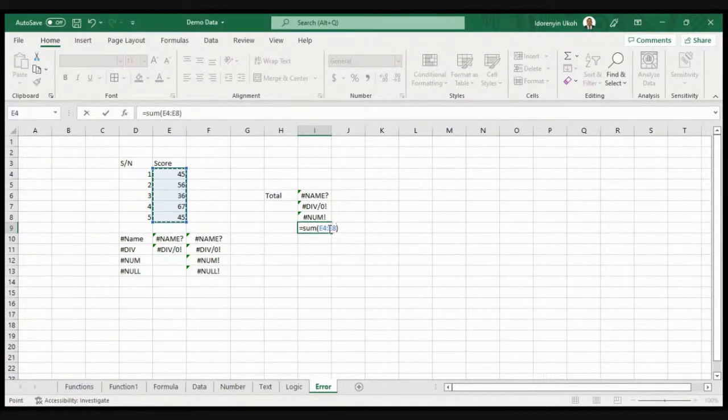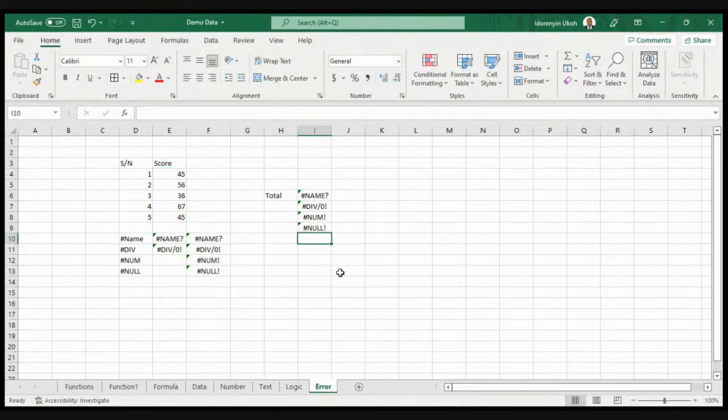However, if you remove this delimiter, this colon sign, Excel doesn't understand what it means because there's no intersection within the data set. So you see, Excel is going to report that as a null because it doesn't understand. There's no intersection and it doesn't understand how that can be done. So these are the little errors. There are other errors also in Excel that we can browse through and get accustomed with.